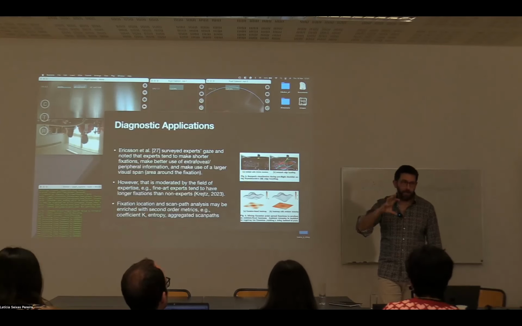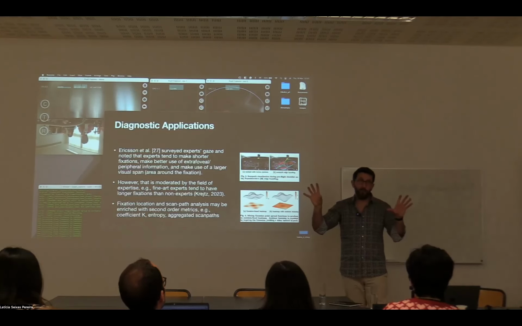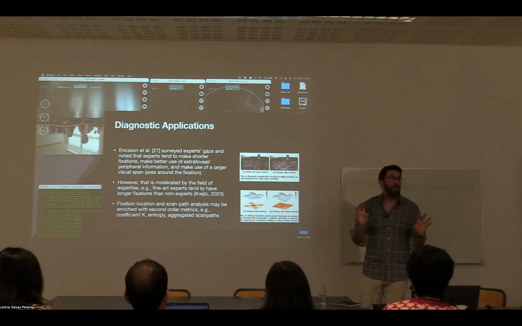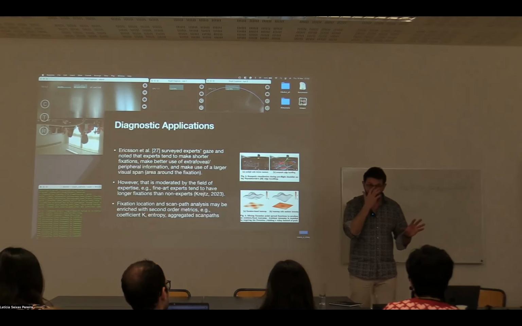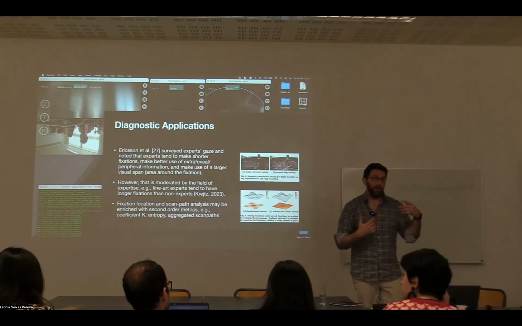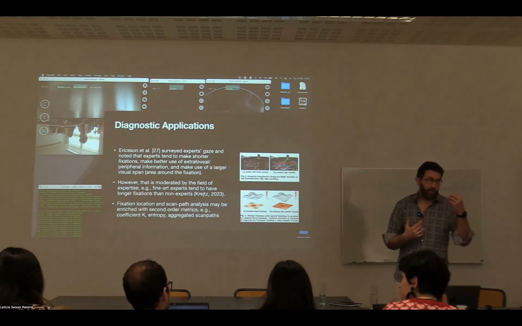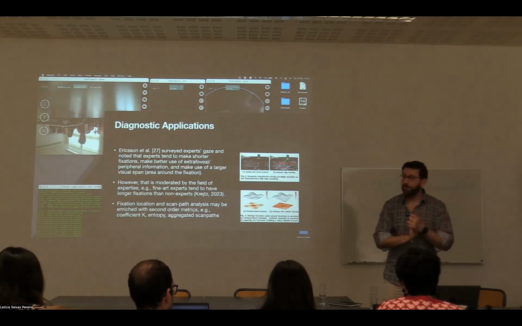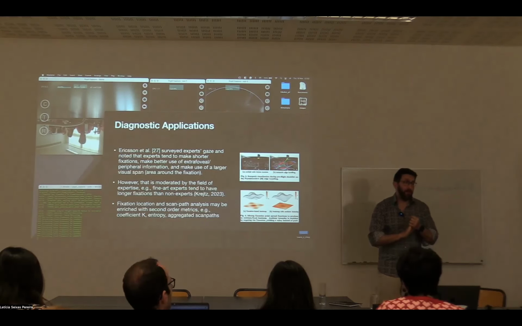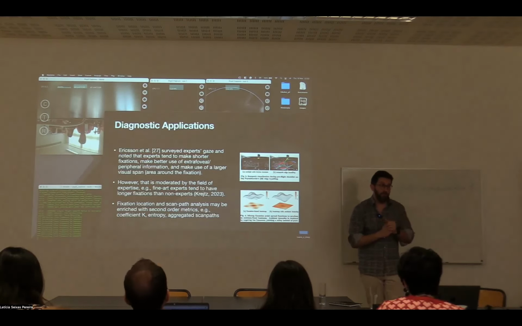So they tend to exhibit what we can call more ambient scan paths, more ambient patterns of attention, because they are experts, they don't need much time to understand what they look at, right? And the same applies to doctors when they try to diagnose pictures,